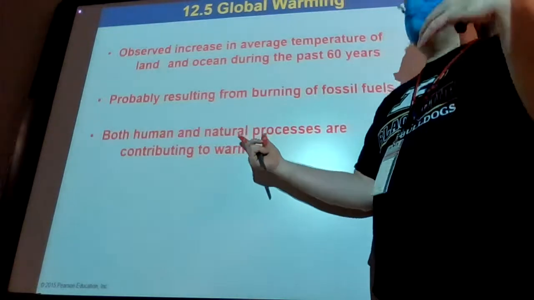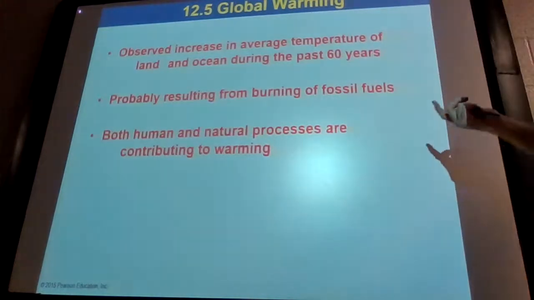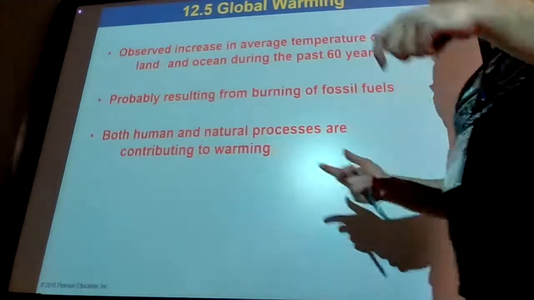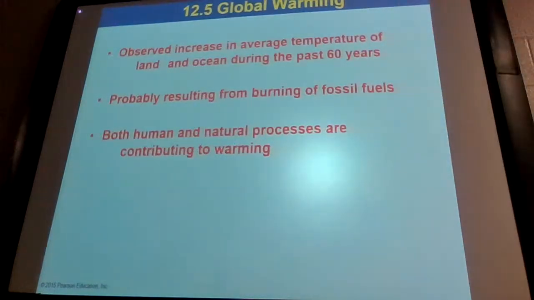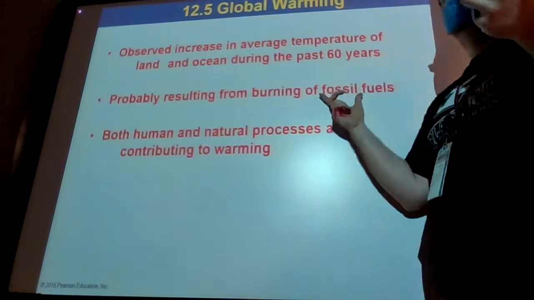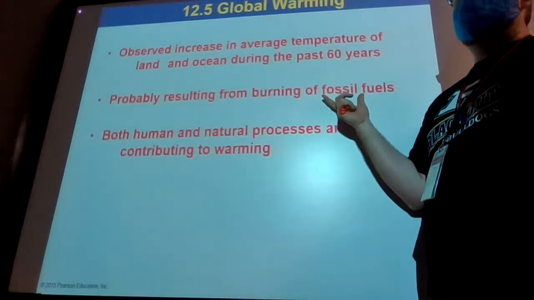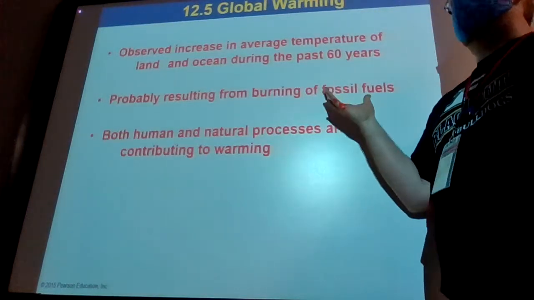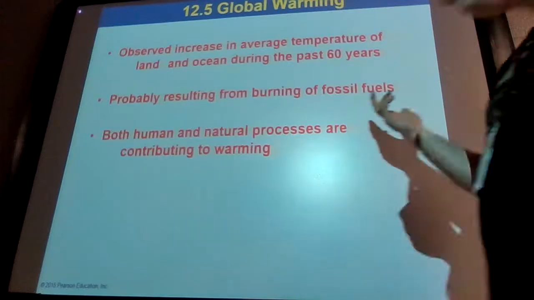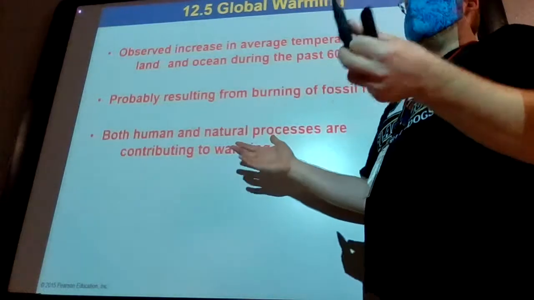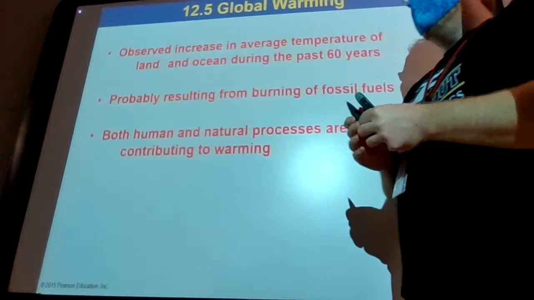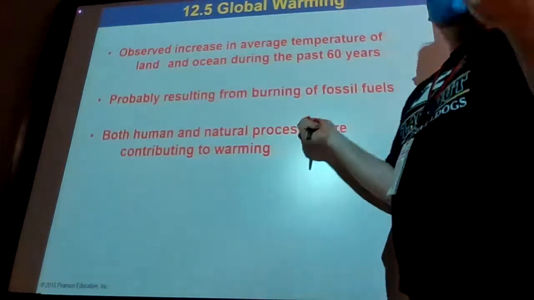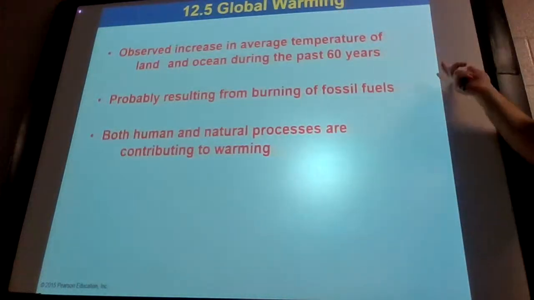Good climate scientists will not deny that we naturally warm and cool, and that we're naturally in a warming state right now. We're leaving a regular glacial interval and heading into an interglacial interval. So we should be warming up. That being said, there's no denying the amount of pollutants that we have put into the air in doing our industrial kind of processes. And there's no denying what those pollutants do to the atmosphere and how they react. And so the only real argument that we're having is what are we going to do about it?